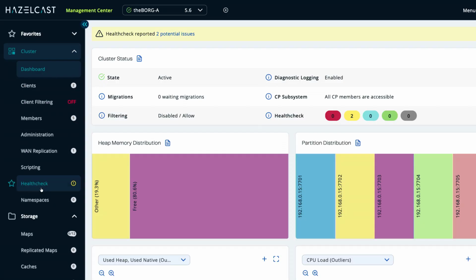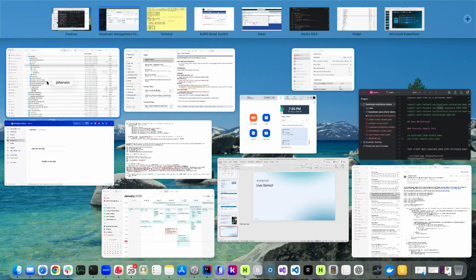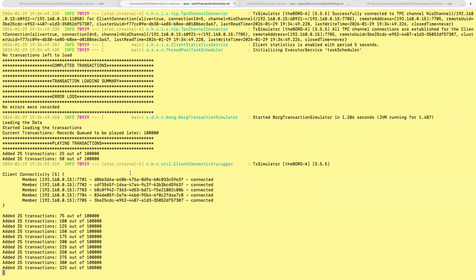What you see here is there's a WAN replication queue, and it's filling up with information that it wants to share with the other cluster. It's also coalescing the data so that it's only the latest information per key and not every single write, so it doesn't take up your memory. And if I do a start,